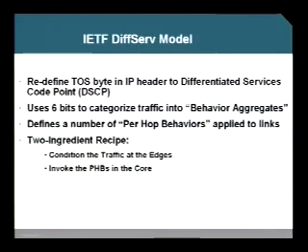So the traditional model relied upon the ToS byte in the IP header. It had the 3-bit IP precedence value that it was originally used for, but it was only giving you 8 classes, and so it was felt that the classification schemes weren't sufficient to allow a more granular differentiation mechanism, which is why the differentiated services code point bits were introduced as part of the DiffServ architecture, which proposed 6 bits instead of the 3 bits,